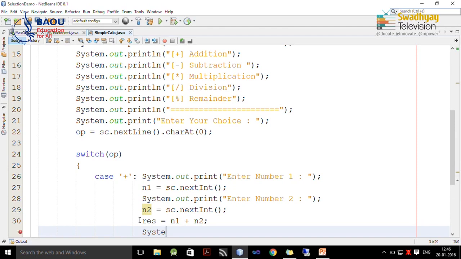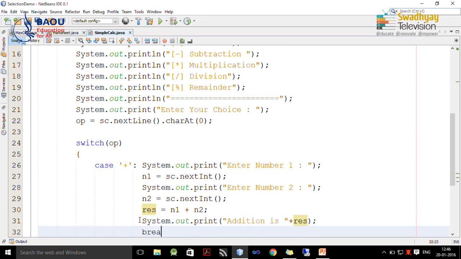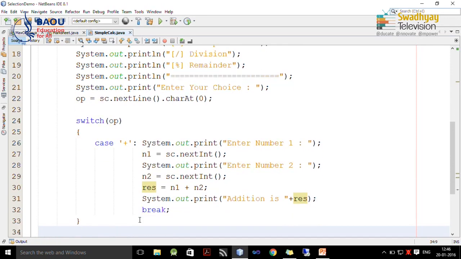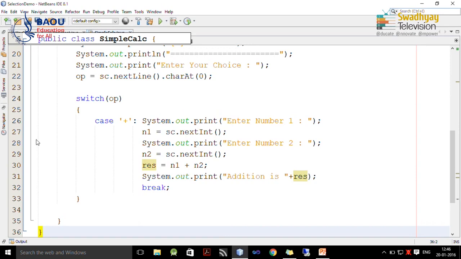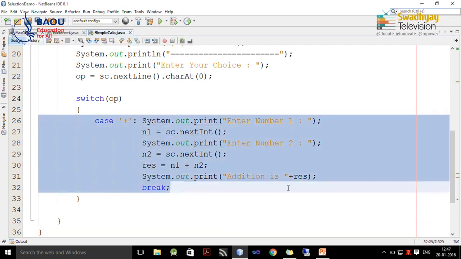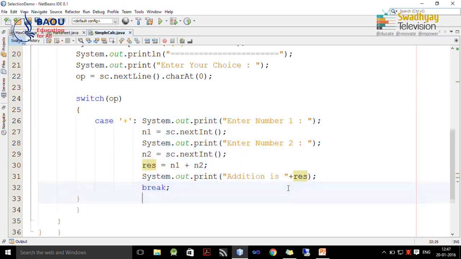Next, we will display the value of result. So, we can print "addition is" plus result, and finally, we write down the break statement. So, this is the case for summation or addition.